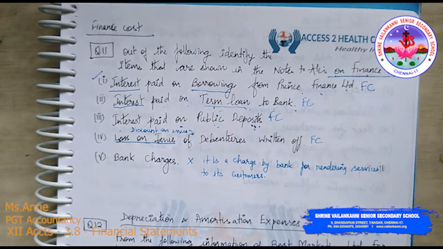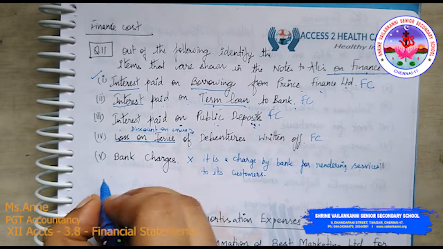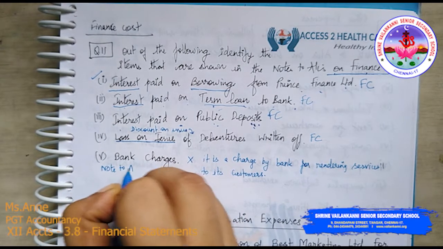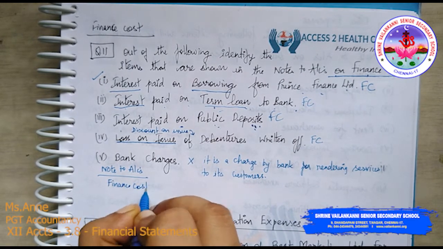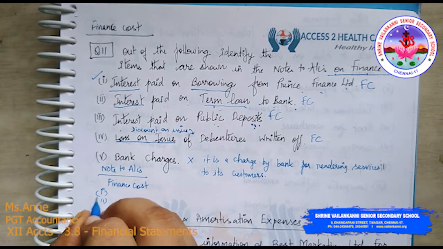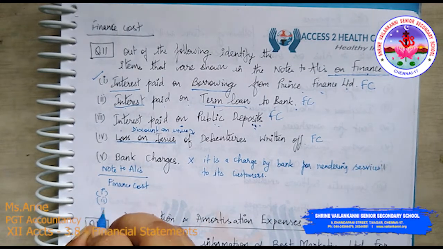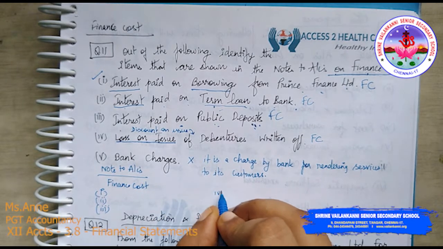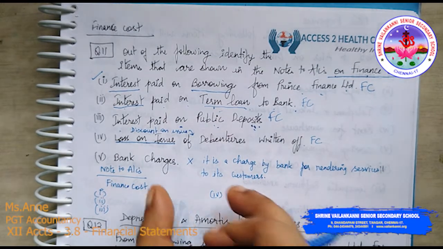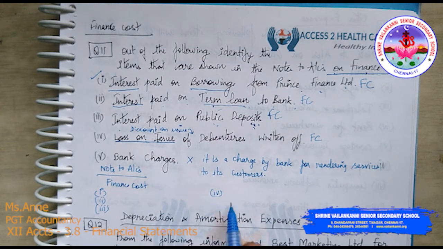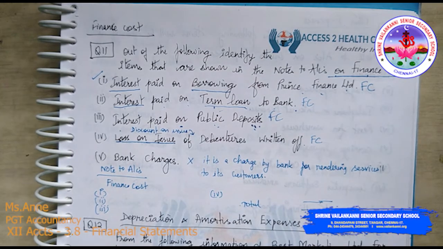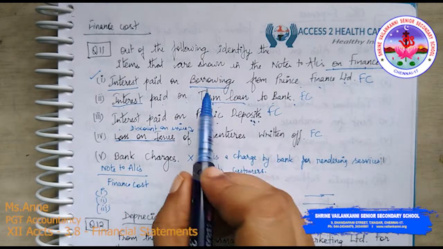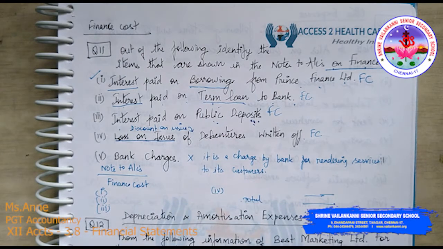Okay, so how will you write this? You have to write notes to accounts, you have to put a heading as finance cost, and you need to write from 1 to 4 fully. When you are writing your answers, you need to write fully, don't abbreviate because of space constraint, as I am just doing here. So you need to write 4 points here, put the total of finance cost and conclude the sum. I am sure that this is clear to you. I am not going to write it here, you have to write it in your classwork. Okay, moving to the next.